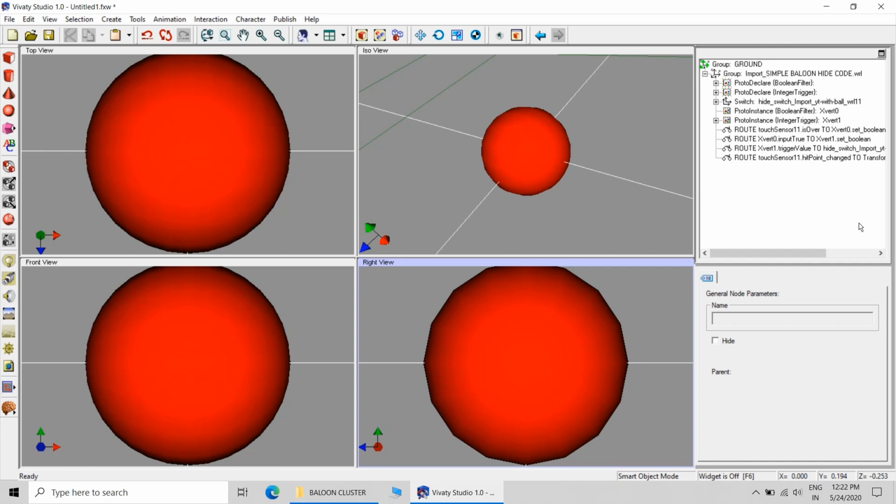So we can simplify this code. Basically this is the code. There are a lot of prototypes in the code, four routes, and a lot of logic and switches. So this is basically a complex code, but it looks very simple when we simplify it.